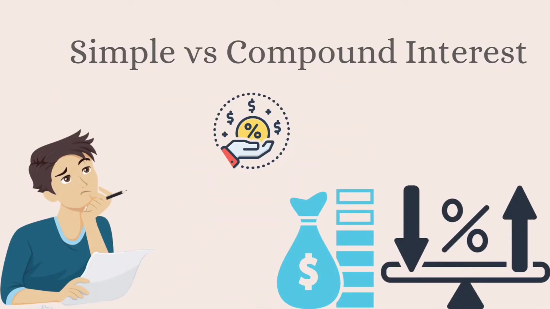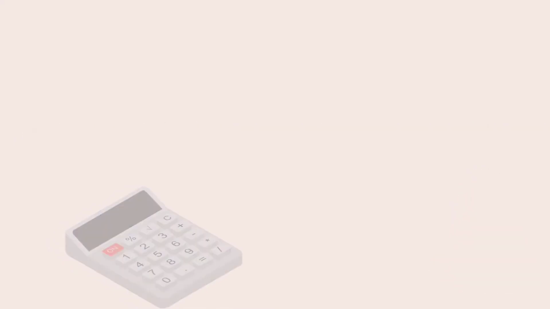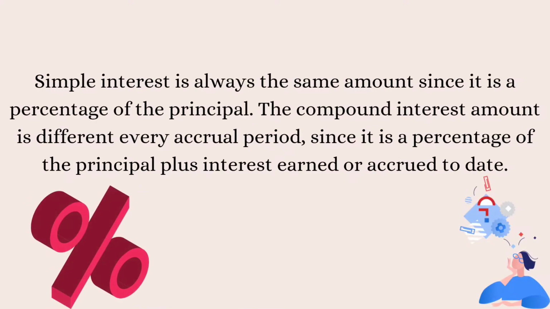Simple versus compound interest. Simple interest is easier to calculate. The compound interest formula has many components to be considered. Simple interest is always the same amount since it is a percentage of the principal. The compound interest amount is different every accrual period, since it is a percentage of the principal plus interest earned